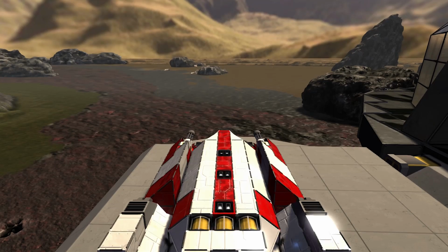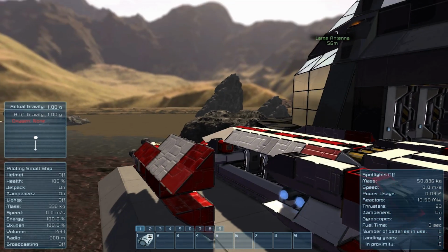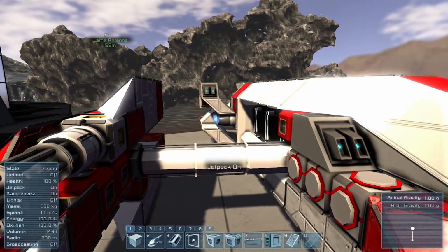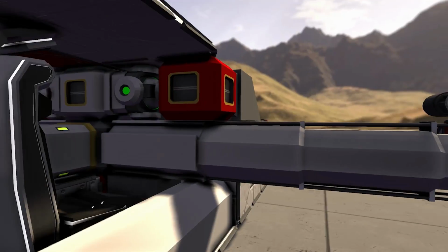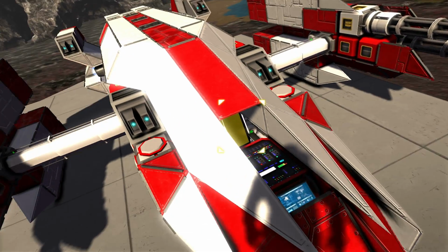Whatever. It's cool. You guys may not have seen it. It's got this neat expansion system where the wings come out and then you can get people in and out of them, which I thought was a really cool shuttle-y idea. You can get in there, and then when you're ready to fly...